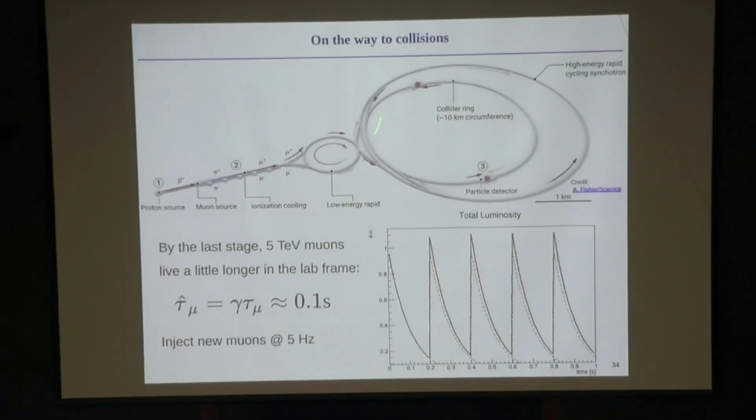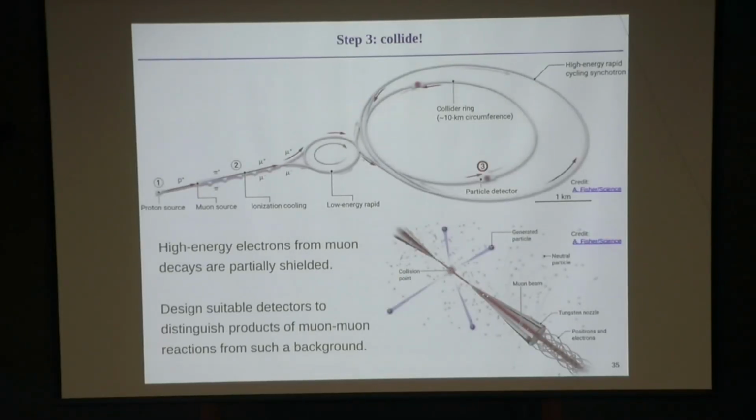In fact, the idea is essentially to keep topping up these muons every about 0.2 seconds, so at 5 times per second. This is essentially how, in some arbitrary units, the number of muons that are brought to collision will look like. It will go down very quickly, the axis is in seconds, and then will be topped up, down, up, and so on. So we will create new muon bunches and put them in the ring at around 5 Hertz. Okay, so finally, we have our muons, and they are colliding.